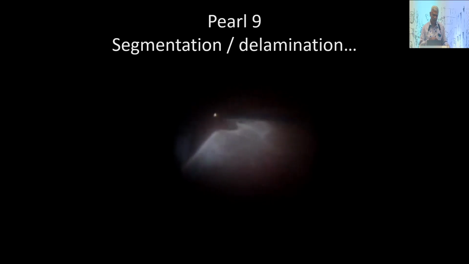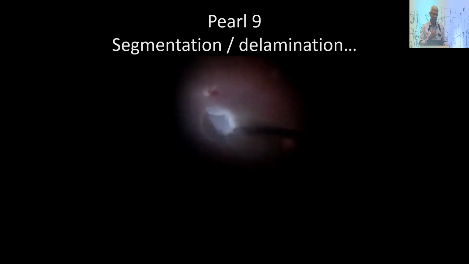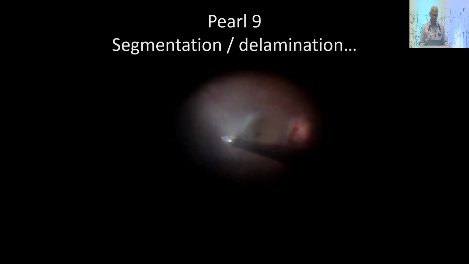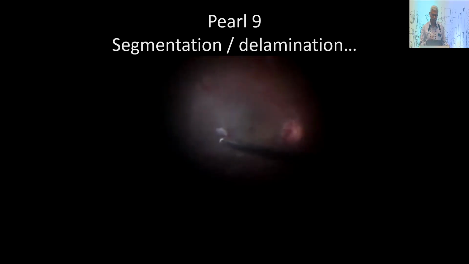Once again, you can see that is the second membrane, which is invisible, extending anteriorly from the fibrous tissue. So we move it towards the fibrous tissue, and now the retina is still bullous, so we drain the fluid, make the retina a little flatter, and then go ahead removing the fibrous tissue.